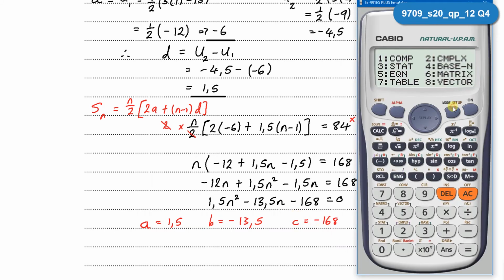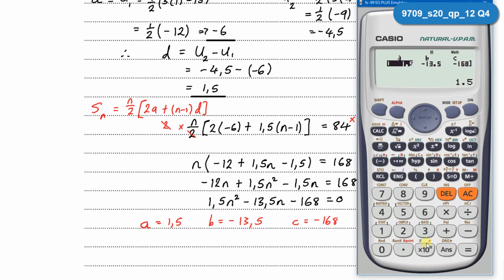You go to mode, then equation, that's 5, so 5. Then for quadratic, I go to option 3, so that's 3 here. So I can now store my values. So I've got 1.5 for a, then minus 13.5 for b, then minus 168 for c,